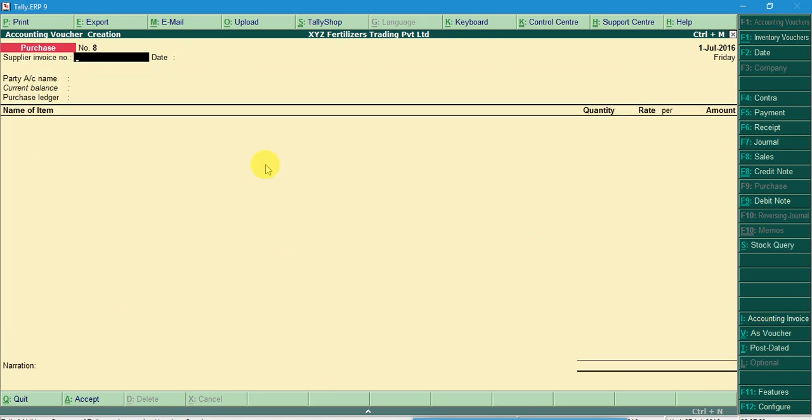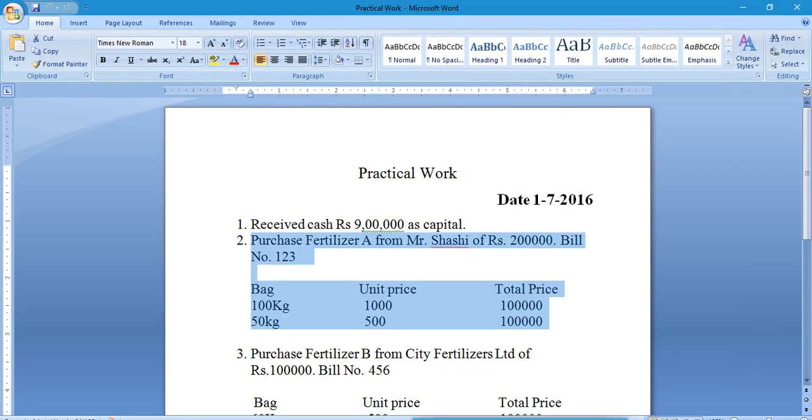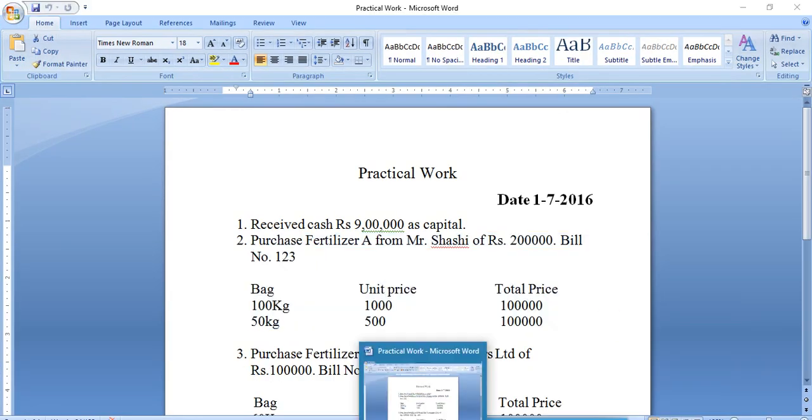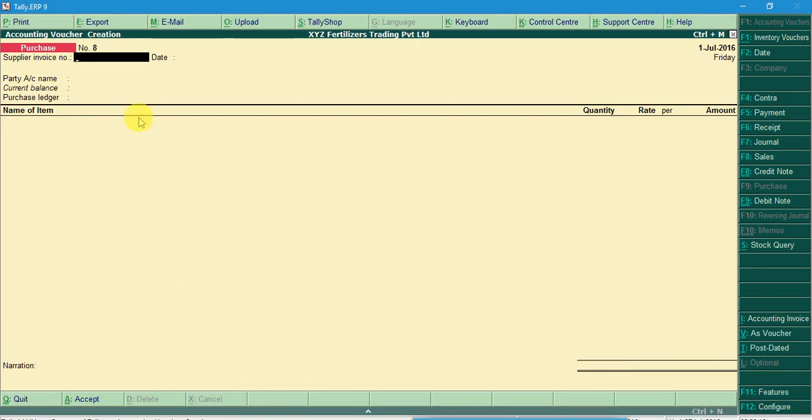As you can see, these options came when you clicked on as invoice. This is the purchase option that we just selected. Now you have to fill the supplier invoice number, which means the bill number 123.